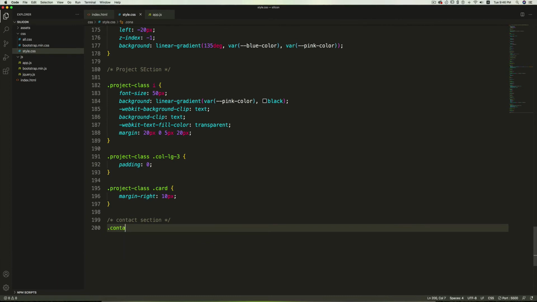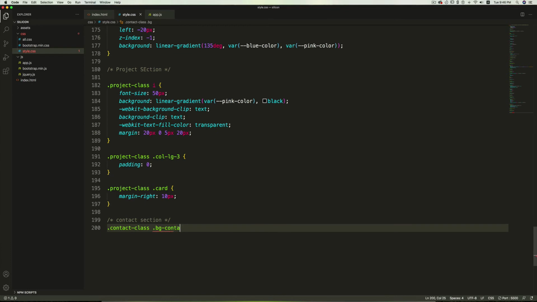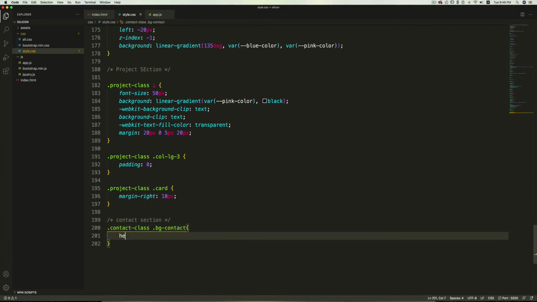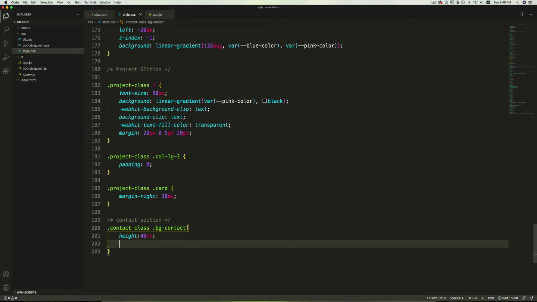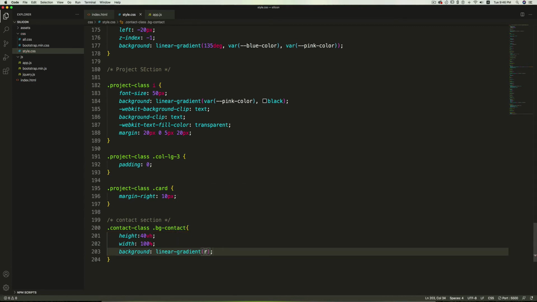So we have the class contact, then bg-contact, and here I'll set the height to 40vh, viewport height, width will be 100%, background I'm going to set it to a linear-gradient, rgba value 74, 118, 237, 0.8.